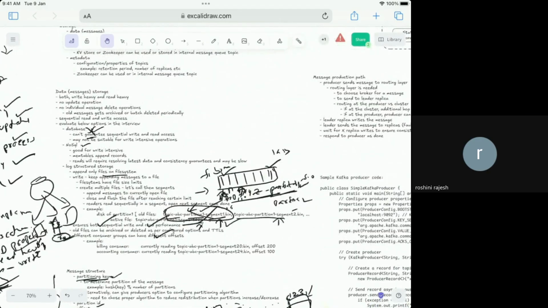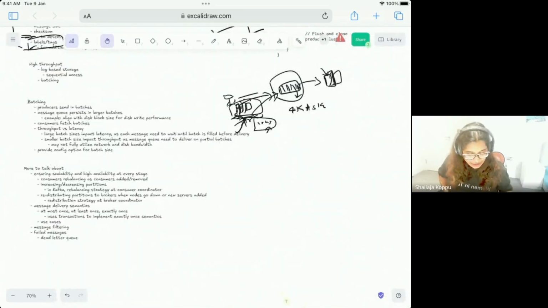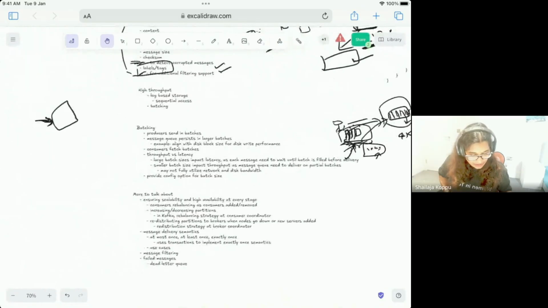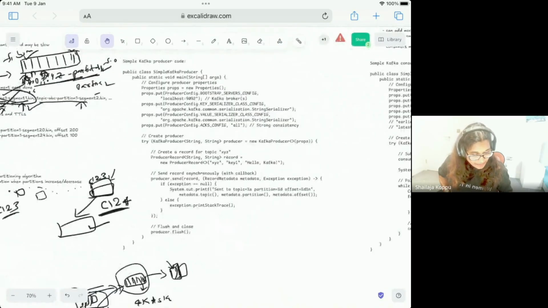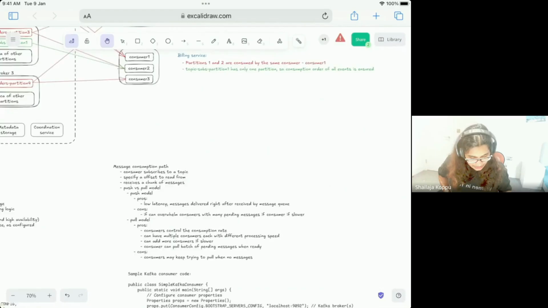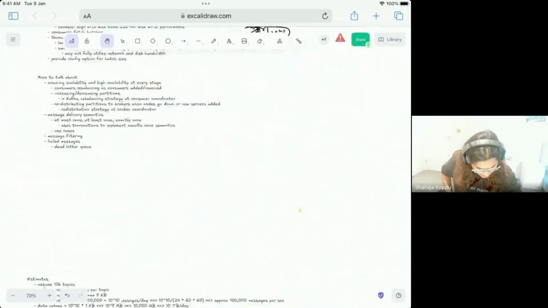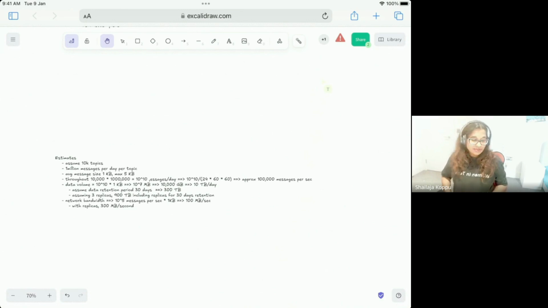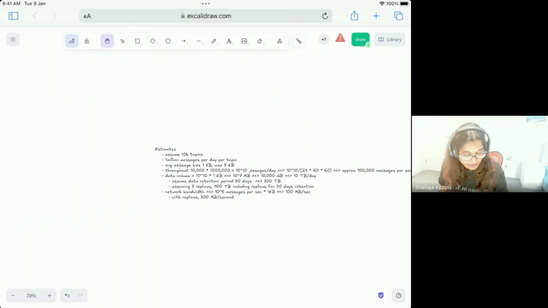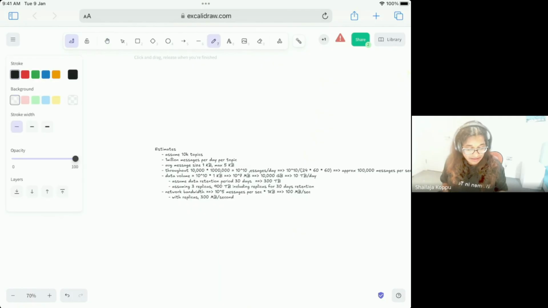So let's go to the calculations, because many people we didn't do the calculations last time. Okay, this is my calculations. Ideally, we usually give estimates before starting the high level design. But last time, because this is our first system design, all of you may not be aware of how to make these calculations well. That's the reason I kept it postponed for a bit later.